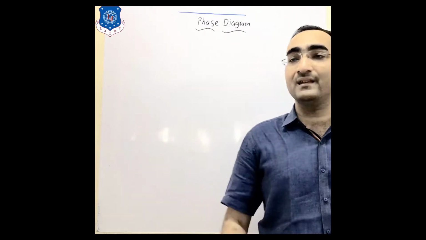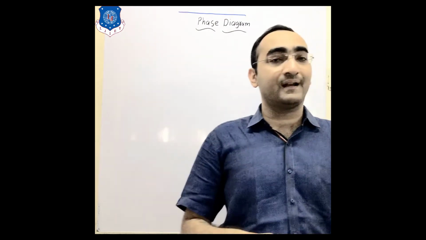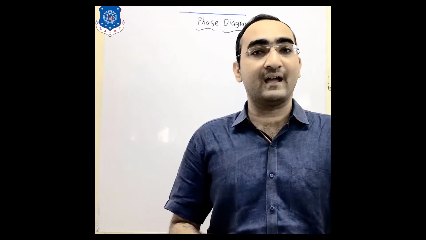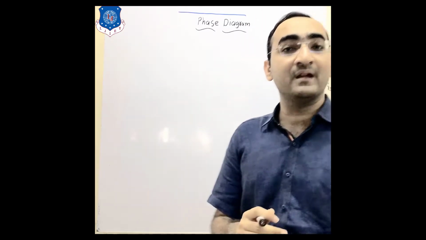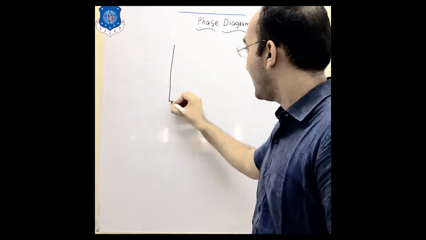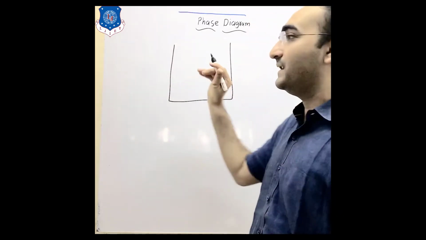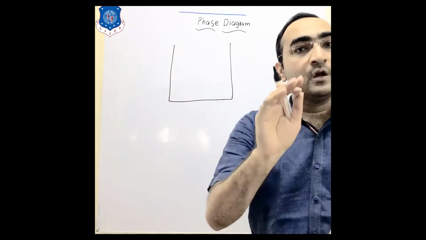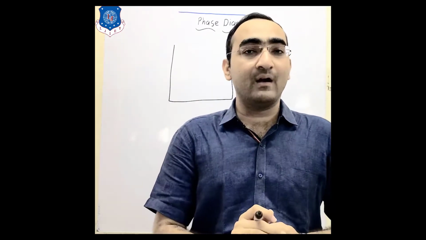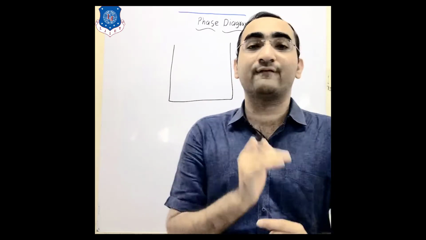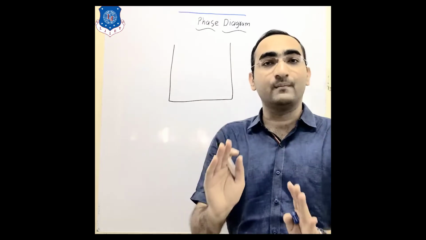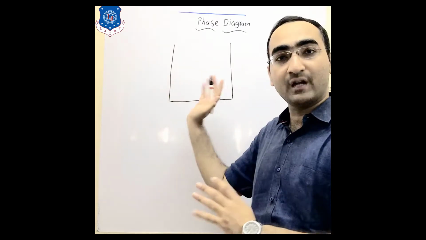So now let us see the first thing, that is the phase diagram, how we are going to draw the phase diagram and what are the informations which we can find out with the help of this phase diagram. A phase diagram is always drawn in the U-shaped thing. You might know that the iron carbon diagram is also one of the phase diagrams, and that diagram was also drawn in this way. That means it is a U-shaped diagram.